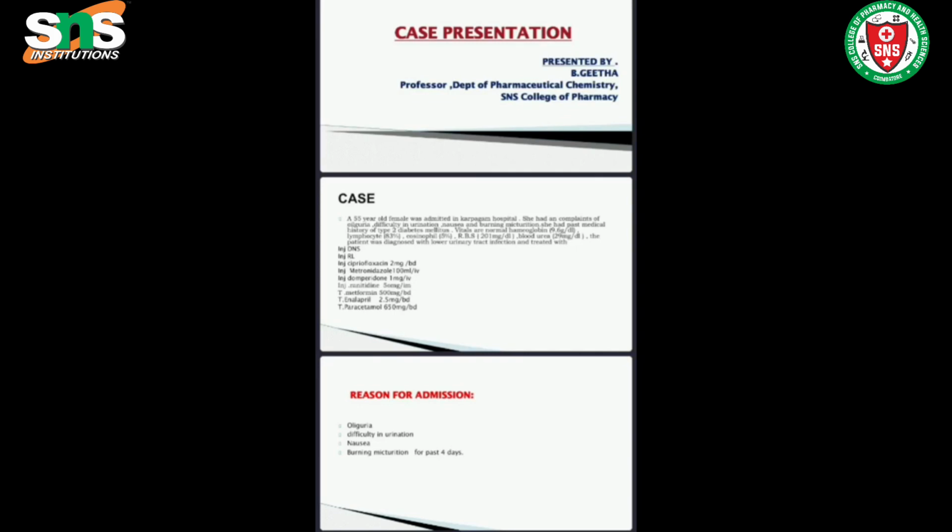I am going to present a case related to diabetes mellitus. Diabetes mellitus is an alarming disease, and type 2 diabetes mellitus is treated with oral drugs. The most prescribed oral drugs are vildagliptin, metformin, enalapril, etc. A 55-year-old female was admitted to Karpagam hospital with a complaint of